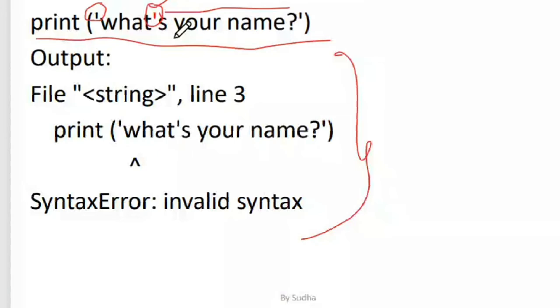But if you want this single quote to appear as part of your output, and not as part of the syntax of the programming language, you can do it by using the escape sequence. Everybody understood the scenario here?